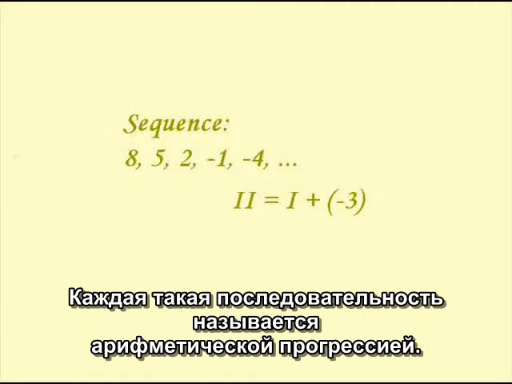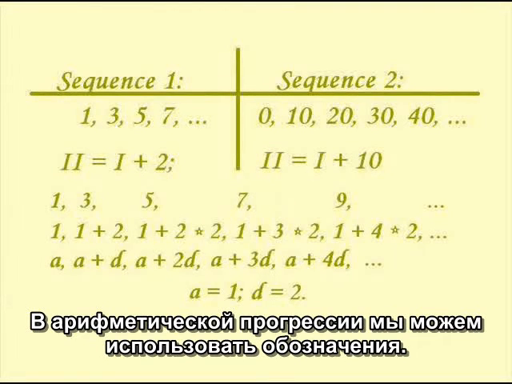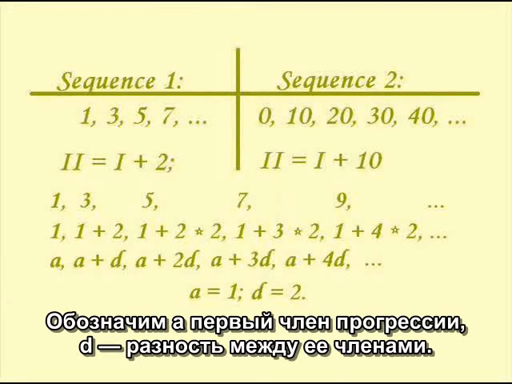Any sequence with this property is called an arithmetic progression, or AP for short. We can use algebraic notation to represent an arithmetic progression. We shall let A stand for the first term of the sequence and let D stand for the common difference